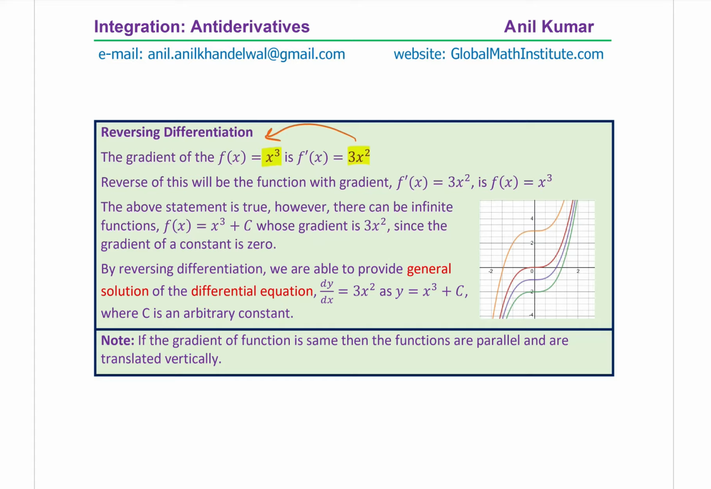So the reverse of this will be the function with gradient f prime x equals 3x squared is f of x equals x cubed. The above statement is true. However, there can be infinite solutions, right? It is not just x cubed which will work for the gradient of 3x squared. It could be x cubed plus or minus many values which are constant, right? So in general, what we also know is that if the function f of x is